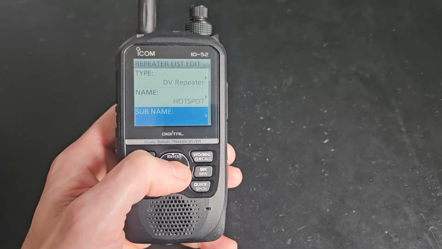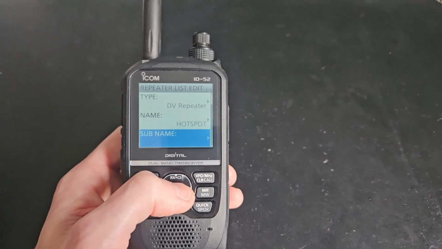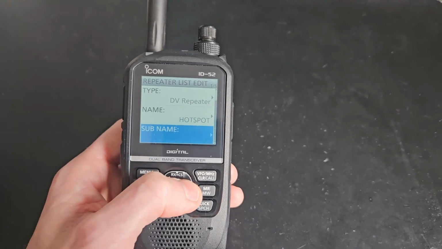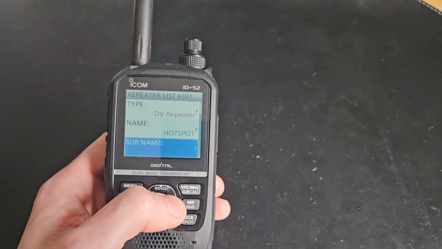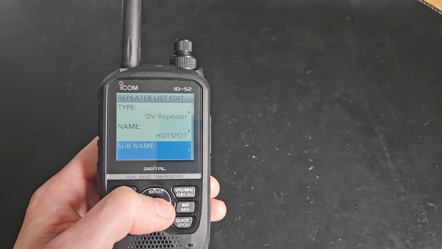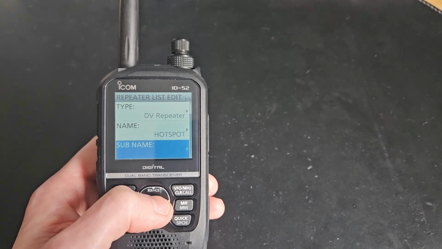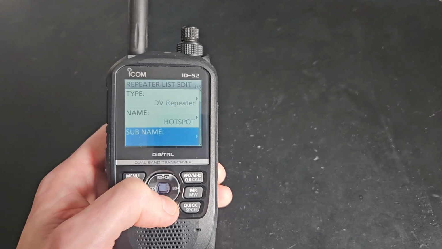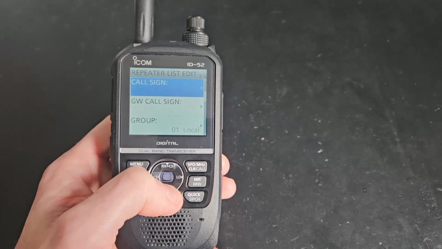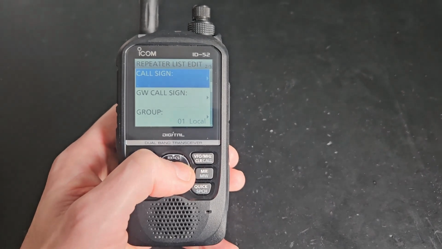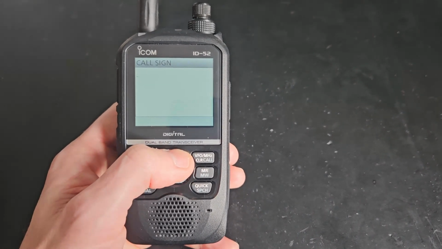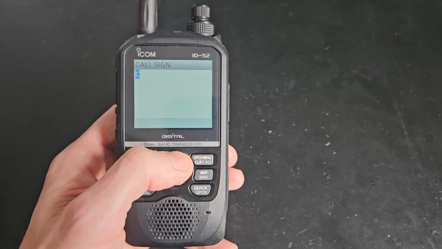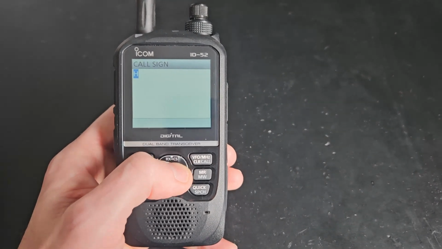Subname, you could have, if it's in a certain area, or if you've got two hotspots, you could put a subname in there which will show on the selection. So you don't have to put anything in that one. If we go to call sign, so if I enter the call sign of my hotspot,